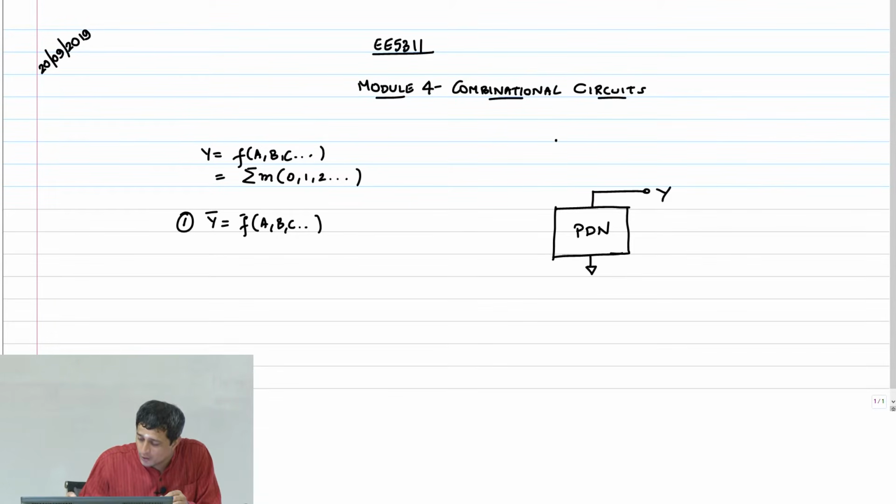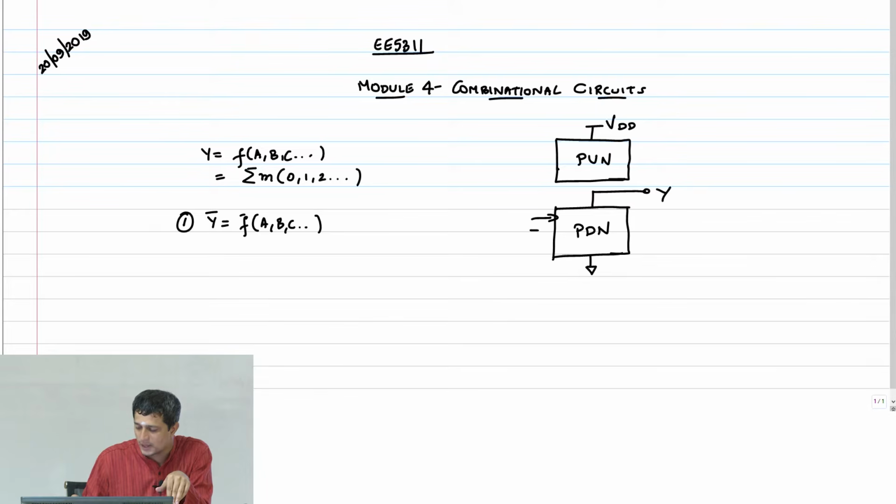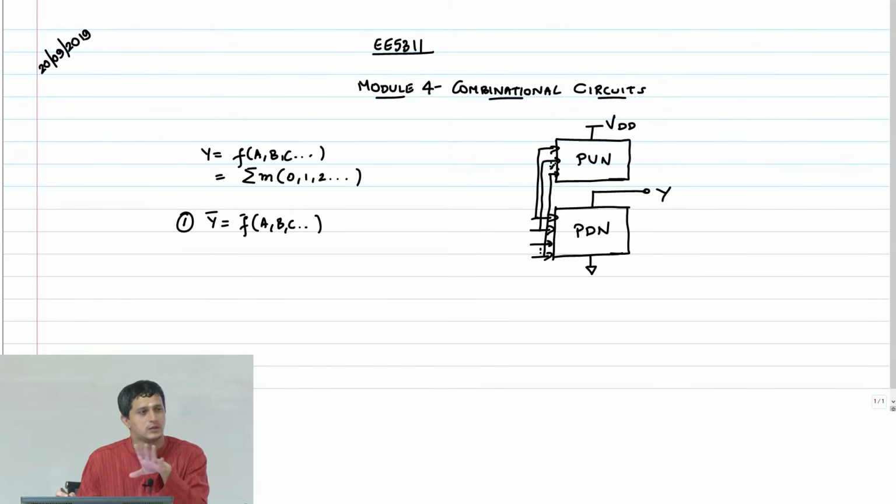Then you construct the dual of this. The dual is basically converting series to parallel and complementing the inputs. But of course, since these are all PMOS transistors, you don't have to connect the complement of the input to the transistor, just connect the same A, B, C and you should be fine. So this is the pull up network to VDD, and you basically have the same inputs going to all of these.